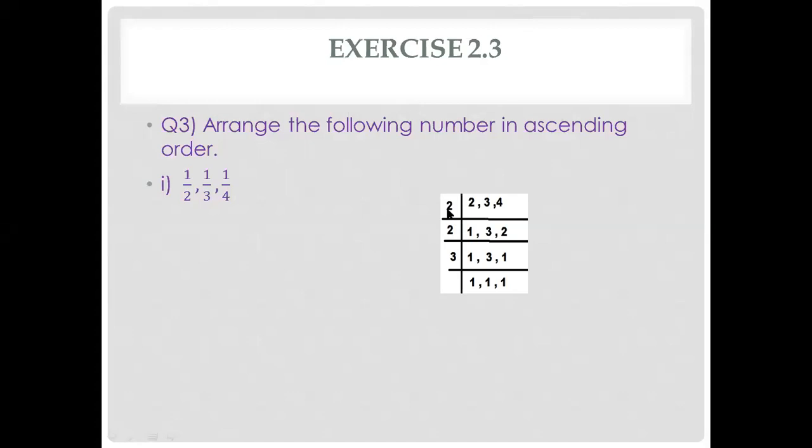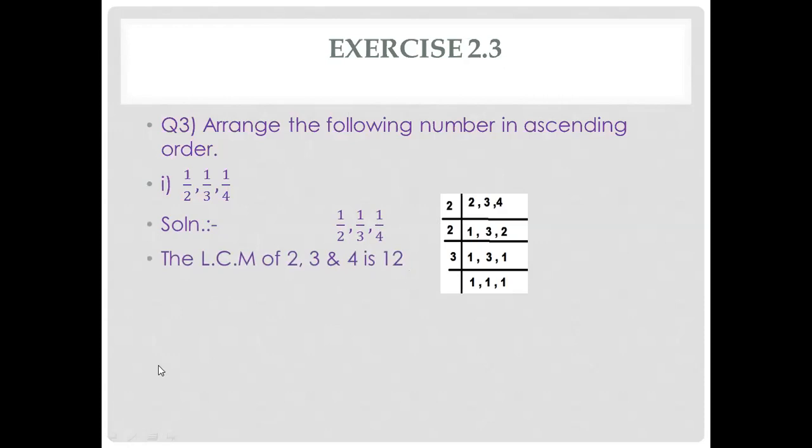So the first one, the smallest prime number 2, we divide by 2. 2 ones are 2, 3 as it is, and 2 twos are 4. Again with the prime number 2: 1 as it is, 3 as it is, and 2 ones are 2. Then divided by 3: 1 as it is, 3 ones are 3, and 1. So if you check, the LCM is 12. How? 2 twos are 4, 4 threes are 12. So the LCM of 2, 3 and 4 is 12.